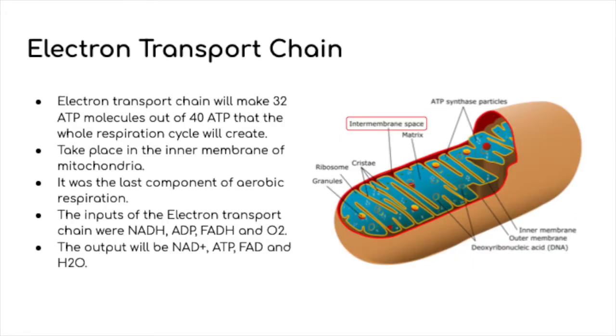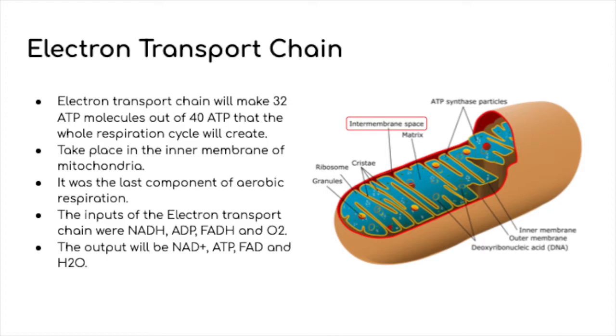Next, we are going to talk about the electron transport chain. The electron transport chain is the process taking place in the inner membrane of the mitochondria. It is a process that makes 32 ATP molecules. It is the last component of aerobic respiration. The inputs of the electron transport chain are NADH, ADP, FADH2, and oxygen, and the outputs will be NAD+, ATP,